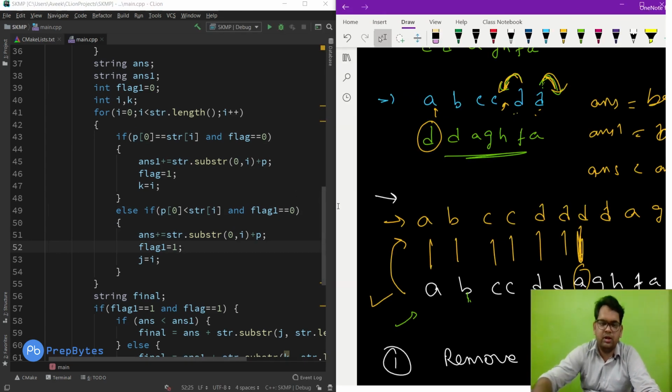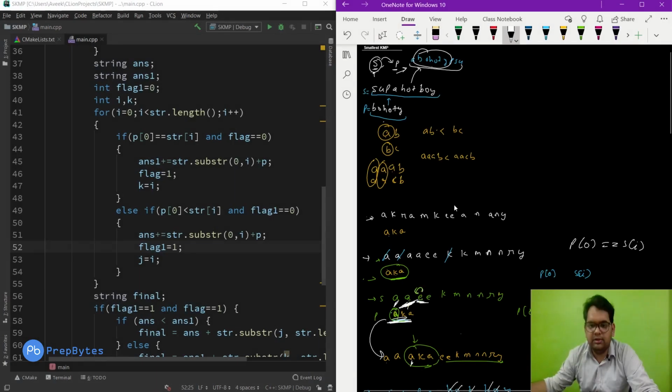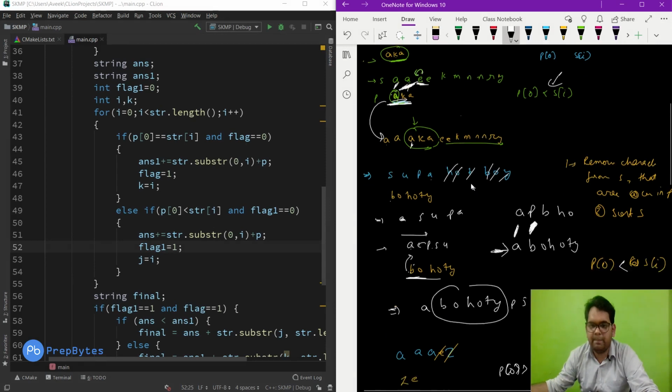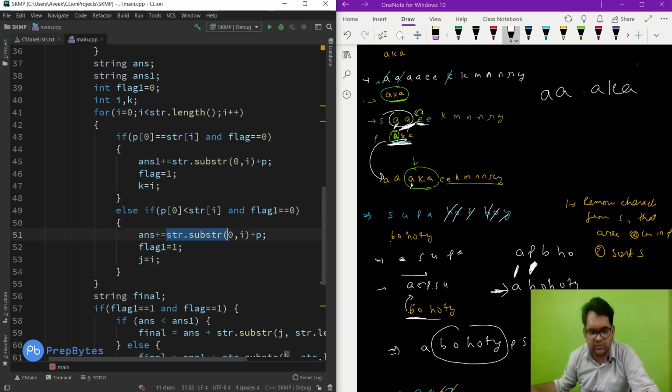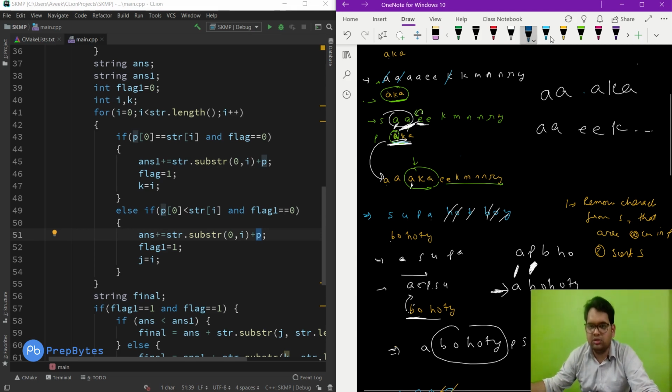Let's see. So here what is happening now is we have seen this example of ak. Fine. So see this, p naught is a, is less than e. So what I am doing is I am appending substring of str till this position, that is aa, with this aka. Okay, so a substring of this str plus p. Fine. So it is a, k, and so on. So it is 0, 1, 2 and aka. Fine, that is nothing but p.